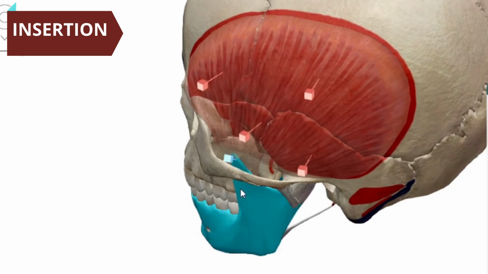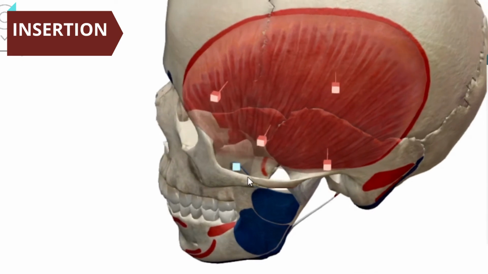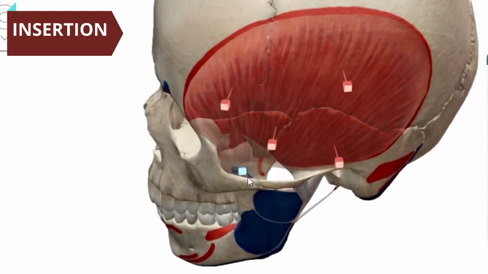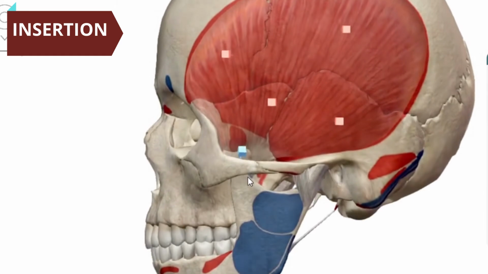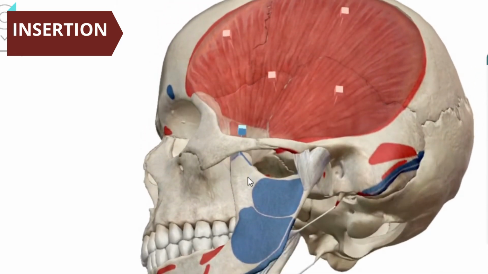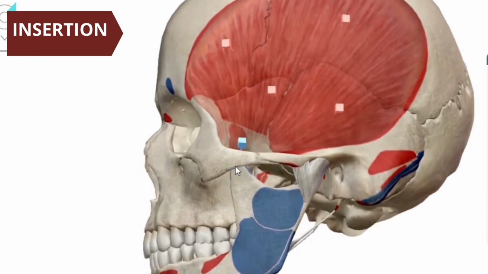You can see over here, this is the mandible and this is the coronoid process of the mandible. So over here it will be attached. The whole muscle is fan shaped, it is a fan shaped muscle. Clear. The whole of the muscle fibers converge over here at the tendon and are inserted into the coronoid process of the mandible as well as the anterior border of the ramus of the mandible. You can see over here that is the anterior border of the ramus of the mandible. So this is the origin and the insertion of the temporalis muscle.